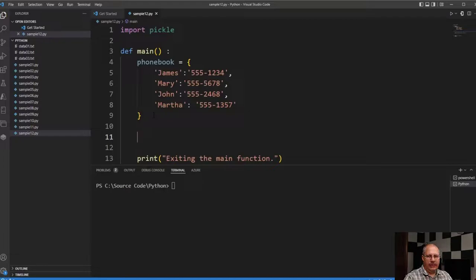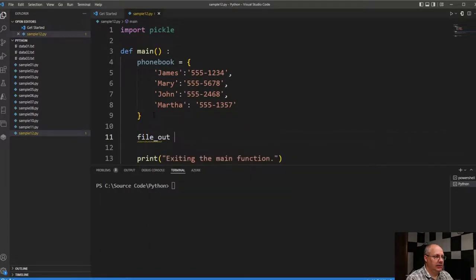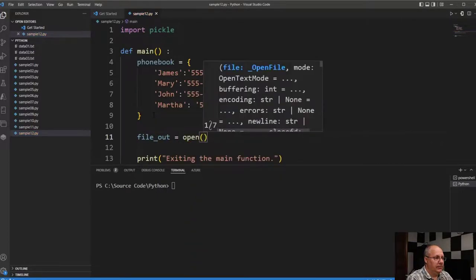Now, to write to the file, it's going to be very simple. I need to first remember I've imported Pickle. Now I need to open my file. In this case, I'm going to open it for writing. So I'm going to say file_out. This is going to be because it's an output file. It's going to equal open